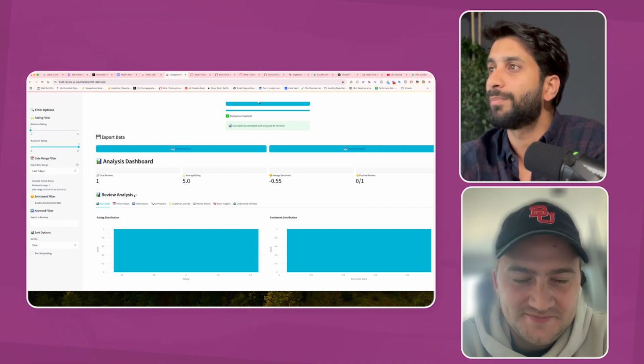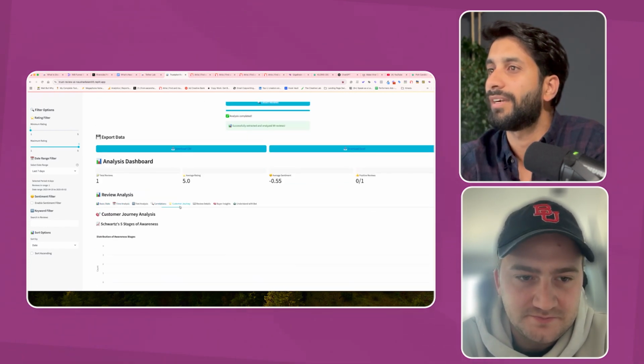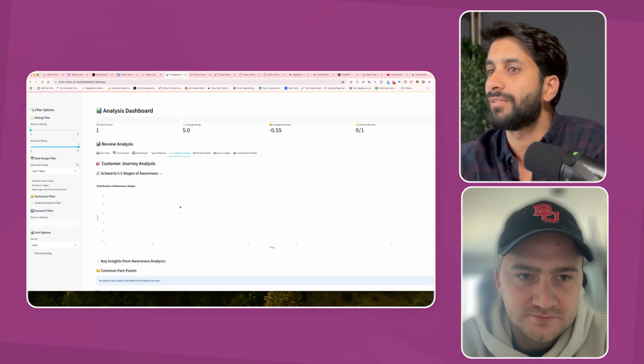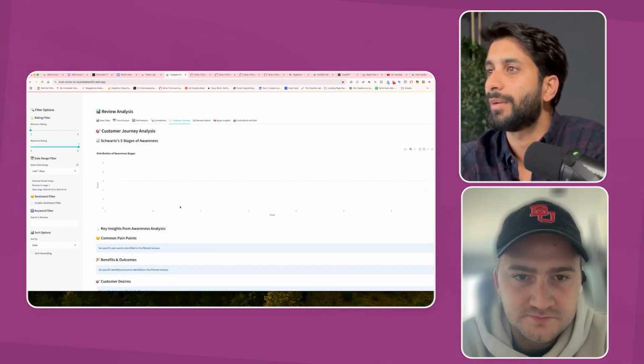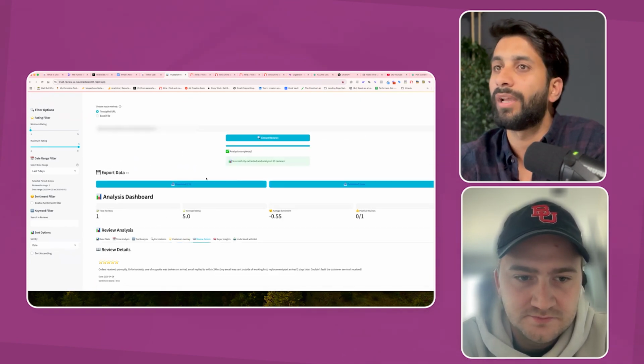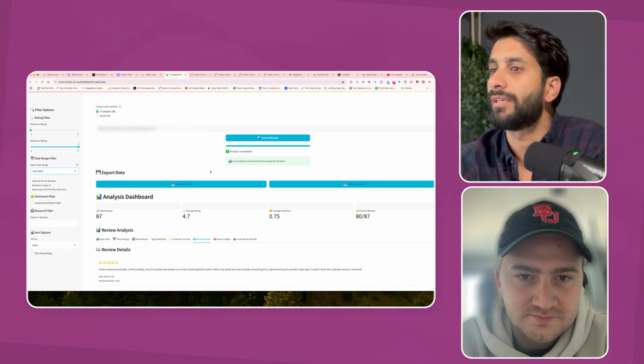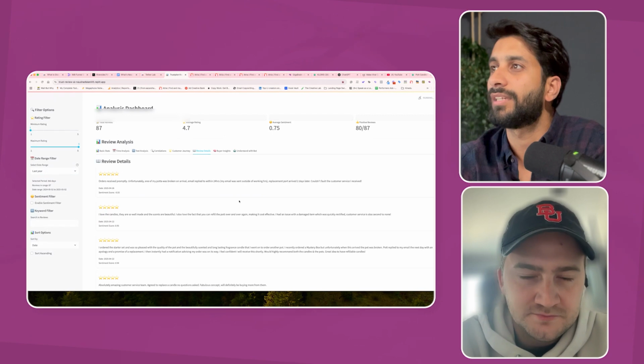The most important thing I want to understand is customer journey. So how much is the awareness rate? So distribution of awareness rate. So there's no specific pain point they're talking about. Oh yeah, sorry, we have to go to last year and then do again extract review. Oh yeah, so you see here, there are a lot of reviews that are there now.